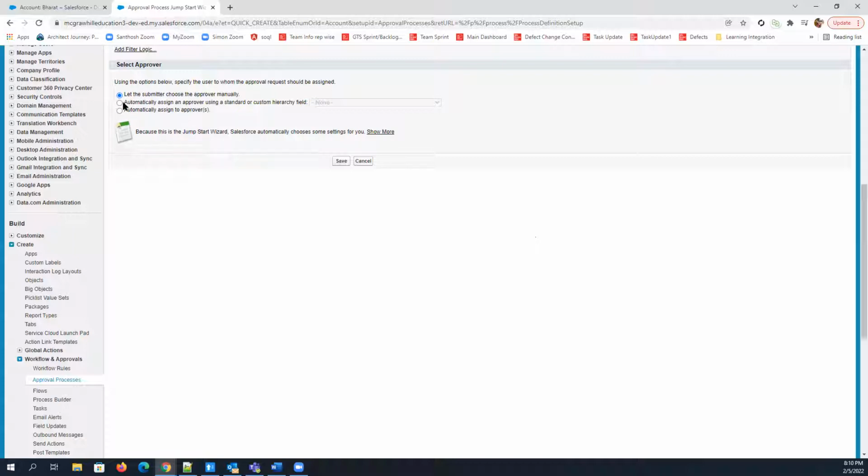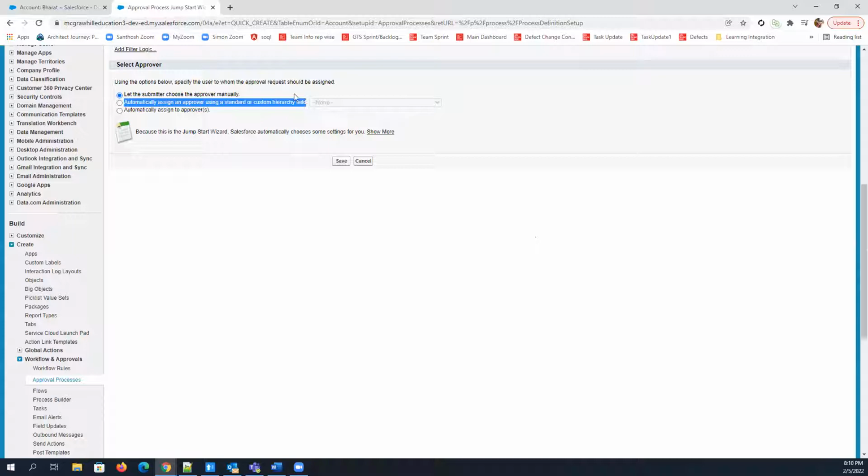And then the second one is automatically assign an approver using a standard and custom hierarchy field. If you remember, we have discussed a relationship called hierarchical relationship. It was for the user object, and we were assigning a supervisor for an existing user, right?